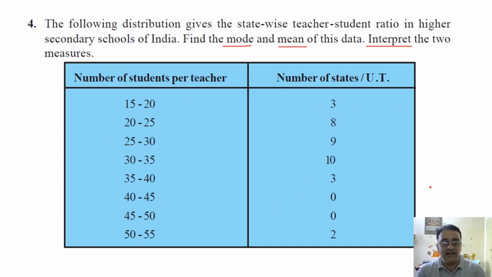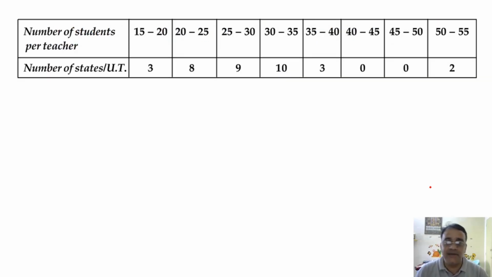in the next slide, I will not be able to see this table. So I have to draw the rough table. So this is my rough table, and which is the highest frequency here? 10. तो ये F1 हो जाएगा, और F1 से पहले F0, F1 के बाद F2. And the class with the highest frequency is the modal class, 30 to 35.